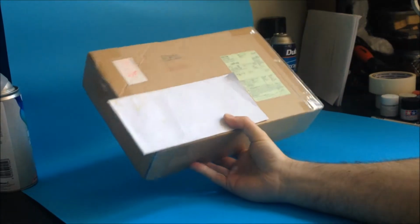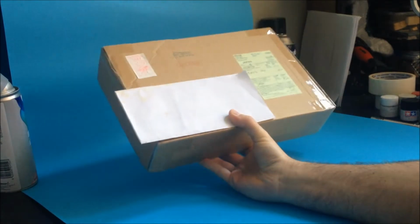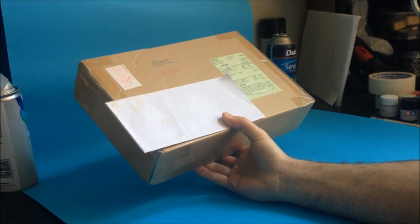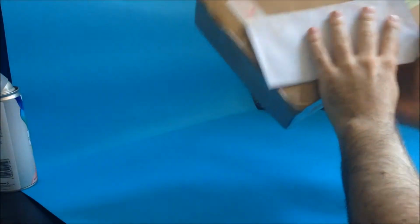Good morning, modelers. It's really early in the morning, but I thought I'd do a video anyway because this lovely little thing just came in the post all the way from Tokyo. And it was even sent by